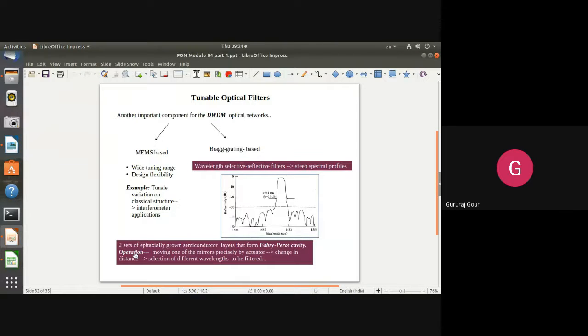That is going to vary the distance between the plates, and that itself is going to vary its capacitance or the filtering action, or its actuation, that is selection of different wavelengths. That is decided by how you are going to move one plate with respect to keeping the other plate fixed.